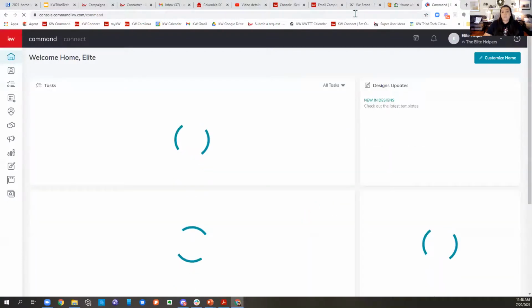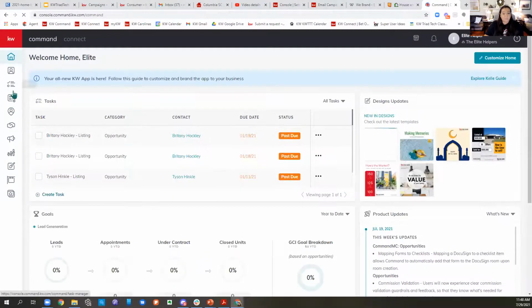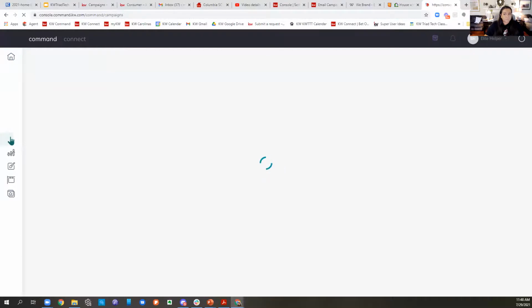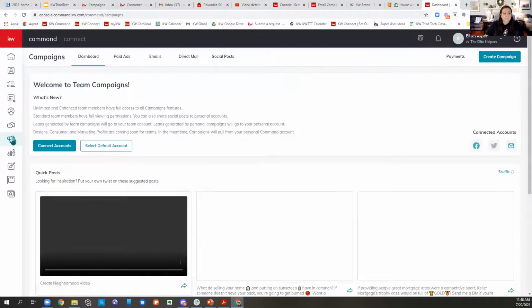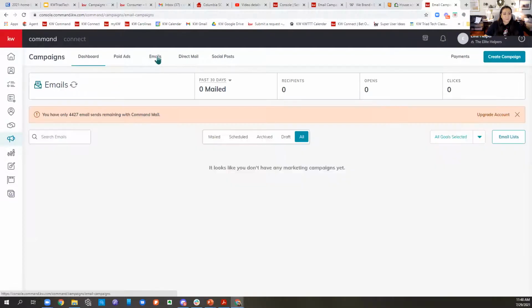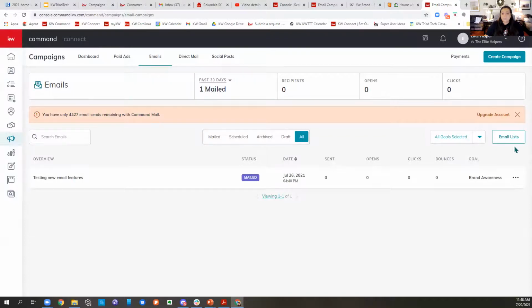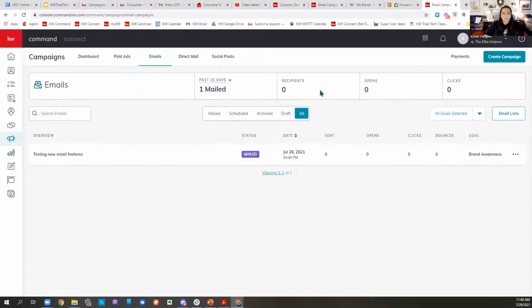So that is one of the upgrades. A lot of complaints that we had was that it wasn't like some of the other email platforms in that they couldn't see as much information about the clicks and bounces and stuff like that. Okay, so it looks like you guys do at least get clicks, opens, and recipients. It's July. So you do get to see some of it,